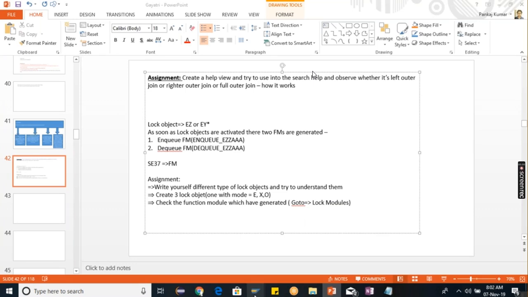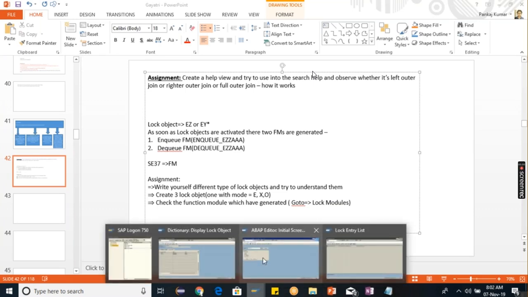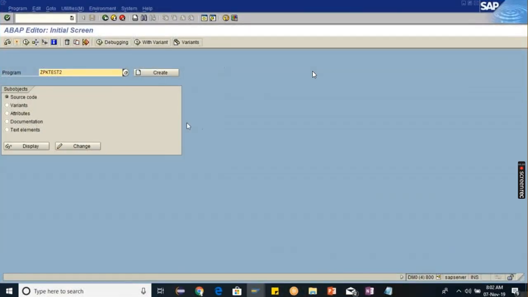But you might be wondering that we have not used the dequeue function module anywhere, so how were the logs getting removed? What happens actually,